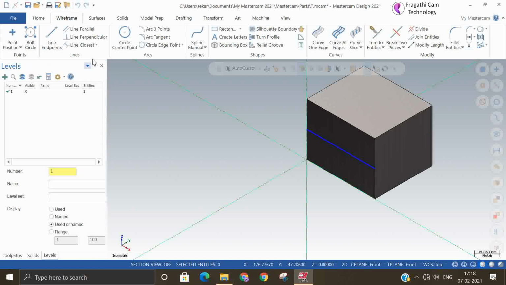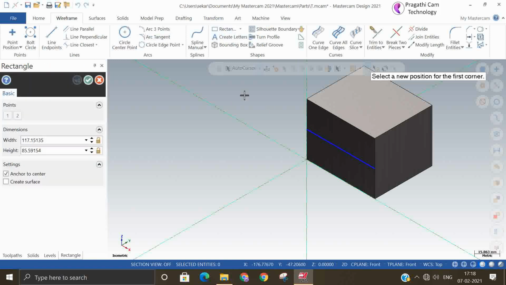You see, I have made one line here, and I'll also make some circle and rectangle here. The sizes you can modify, 20 width also.